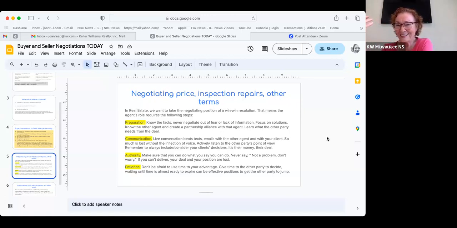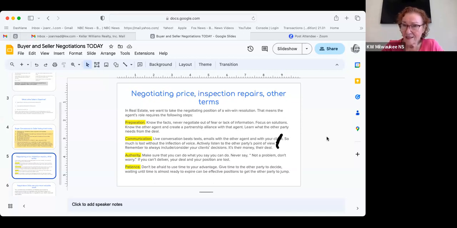That is the minute that you can't do what you said to do, the minute you realize that it is a problem and you can't solve it, you do totally lose your role in this negotiation. You lose the respect of your client, and you're probably going to lose the deal. So always make sure that you have the authority to do and say what you're going to do and to be able to follow through.